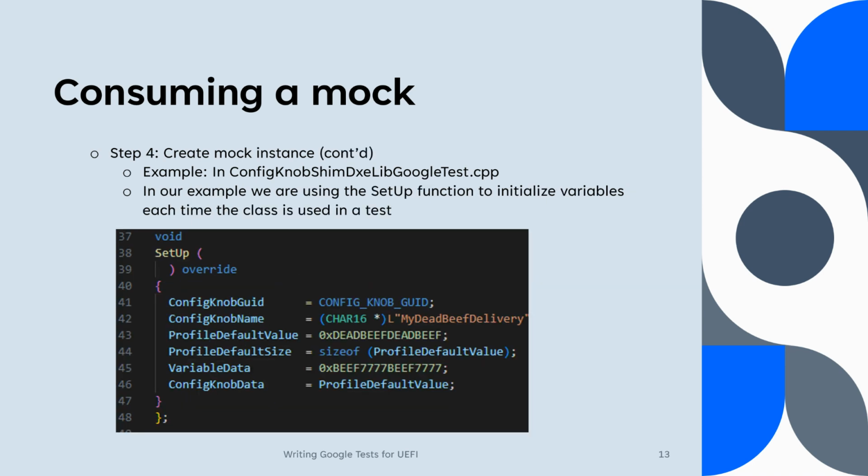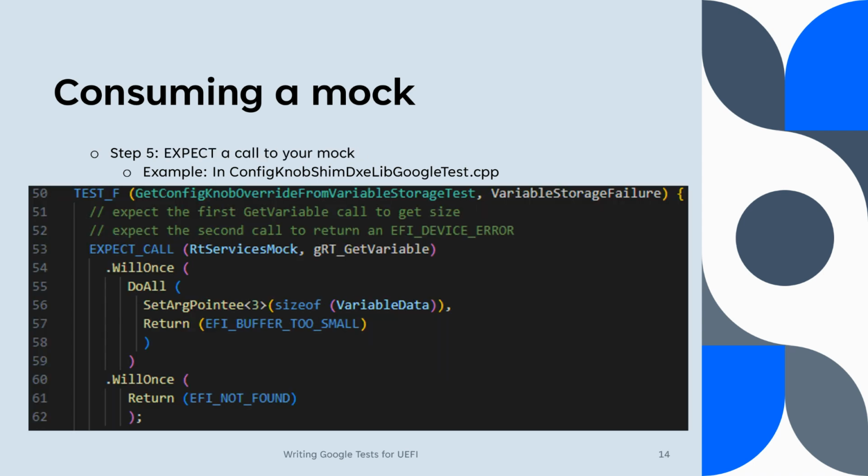And this is a continuation of our class definition. I'm overriding the setup function so that not only can I initialize my variables, but with each test, my variables are reset to their original values. So now I've created a test using TEST_F. F stands for fixture, which is allowing us to use a test class, and you can see the first argument